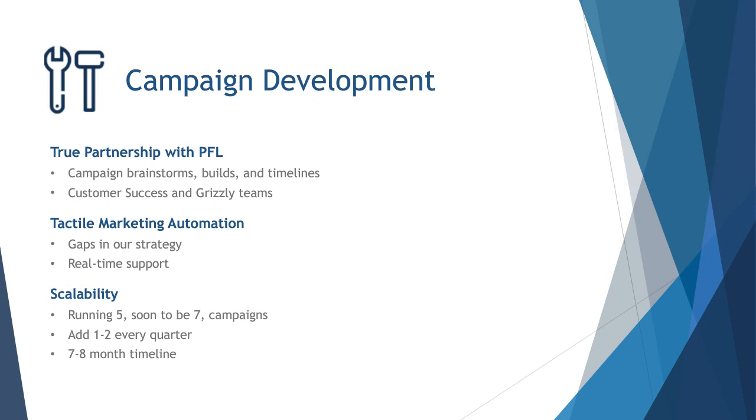With their whole process of tactile marketing automation, we were able to understand the gaps in our strategy. So we started standing up campaigns one after the other, and we kept having these aha moments of, oh my gosh, we've just been doing it this way. There is a completely other area of in-funnel marketing that we could be doing, using direct mail to support that campaign strategy, and we haven't even had the time or thought process to do that. They help us look at our strategy in a much more holistic way, and we can slot campaigns into spaces that we didn't even know we had gaps in before, and keep building upon those.